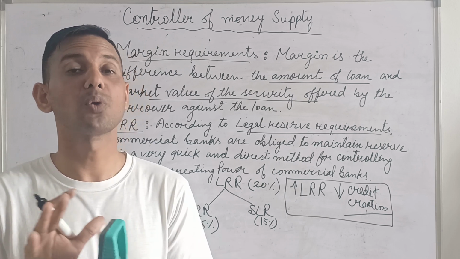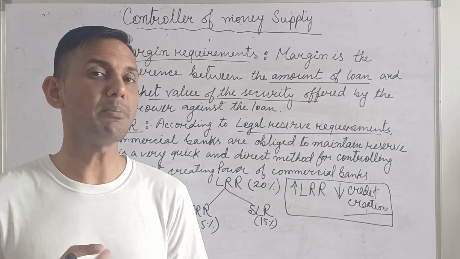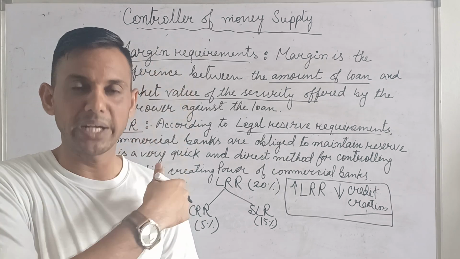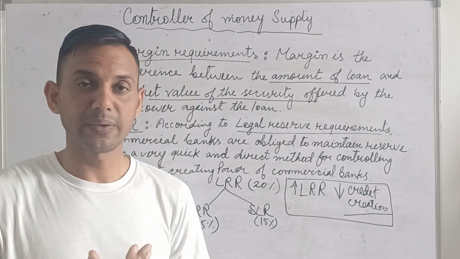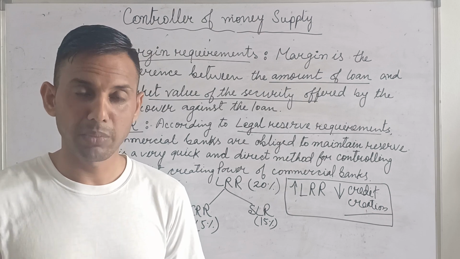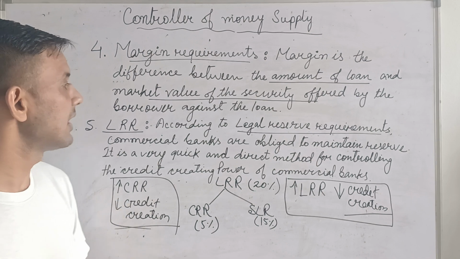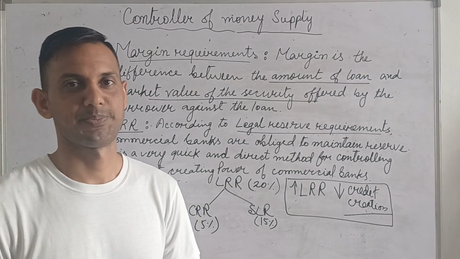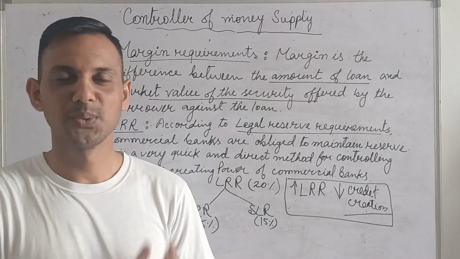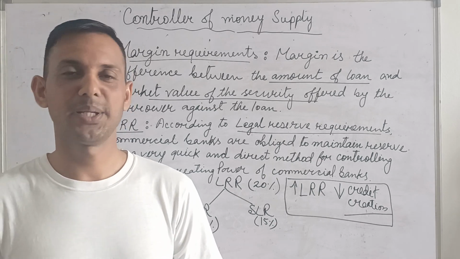And when they have to control the whole money supply system, they use these methods: bank rate, repo rate, open market operation, margin requirements, and finally legal reserve requirements. So I hope you understood this lesson, and if you have any